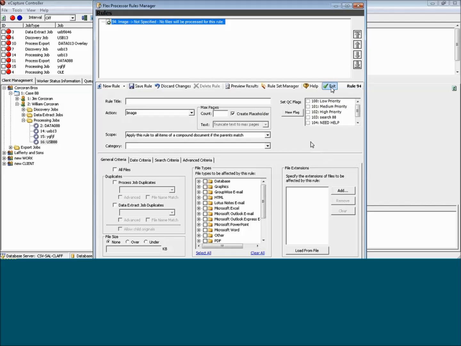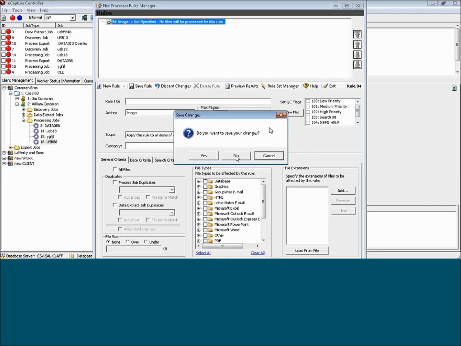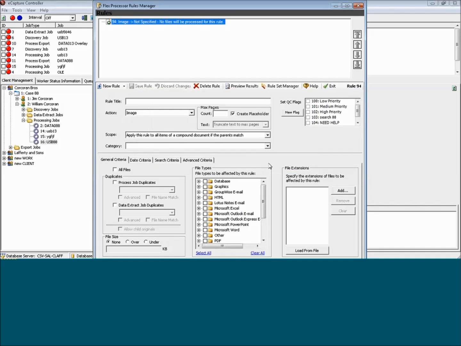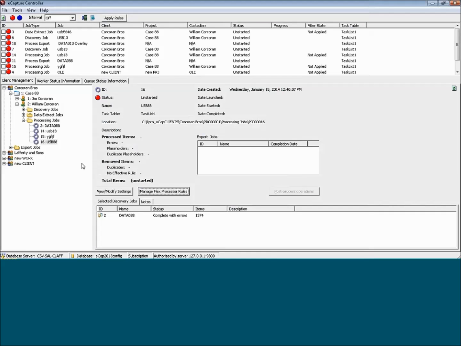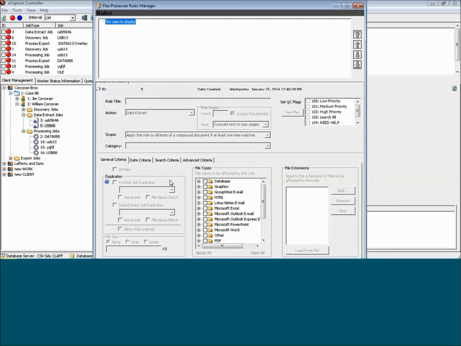And let's walk through a few scenarios. I'm going to back up a notch or two, because before we touch processing jobs, before we go down a data extract path, I shared a little bit about the Rules Manager for tipping and placeholdering and imaging documents. If you're doing native file review on the documents, the Rules Manager is here as well. You can naturally use the Rules Manager